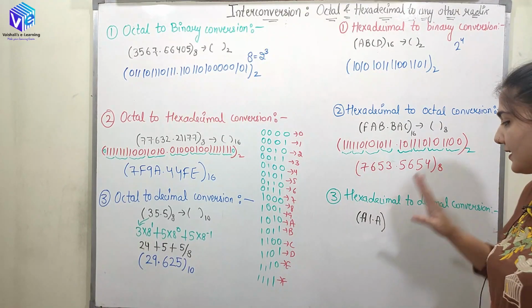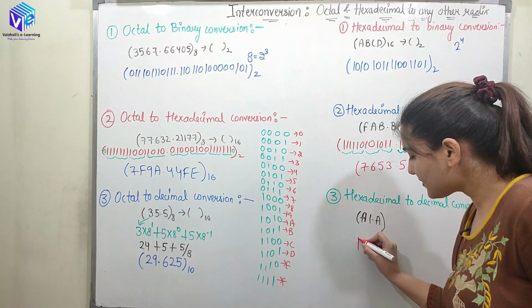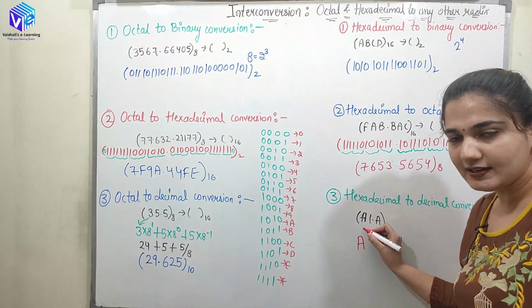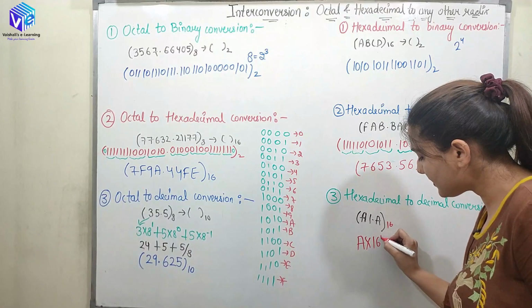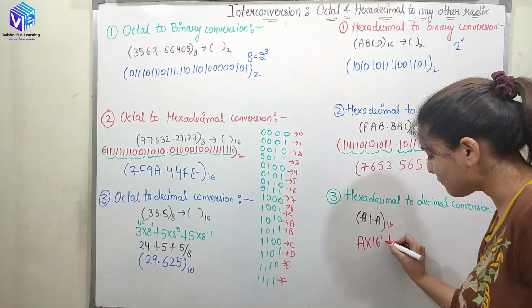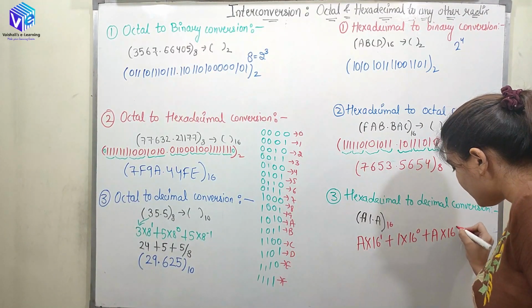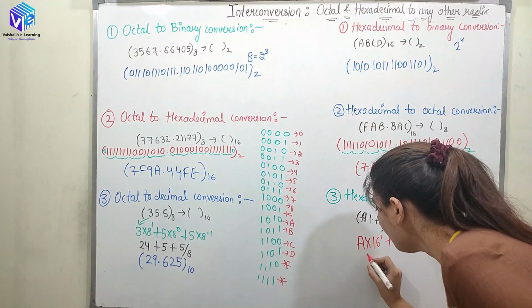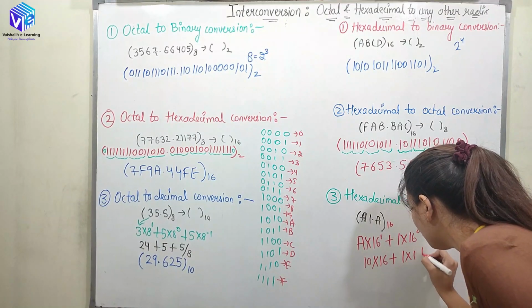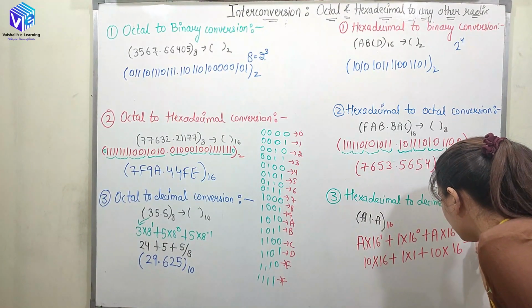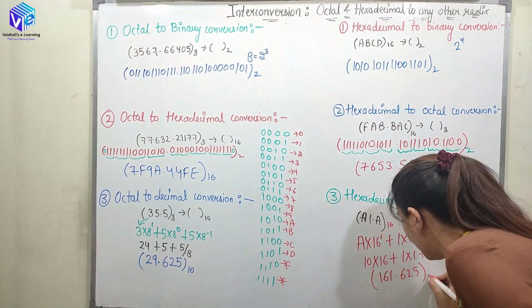Similarly, we will be having the hexadecimal to the decimal interconversion. Now we have A. So again, A is represented as the second integer. So we have the base 16 over here, so it can be represented with 16 raised to power 2 minus 1, which is 16 raised to power 1, plus 1 into 16 raised to power 0, plus A into 16 raised to power minus 1. Now A is representing my 10th digit, so 10 into 16 plus 1 into 1 plus 10 into 16 raised to power minus 1. So it would be 161.625 in the decimal number system.